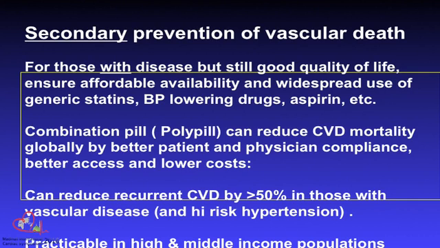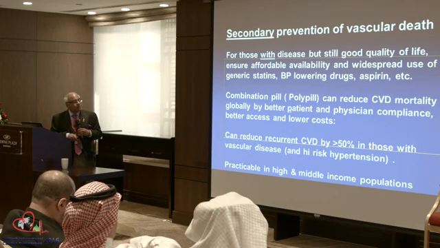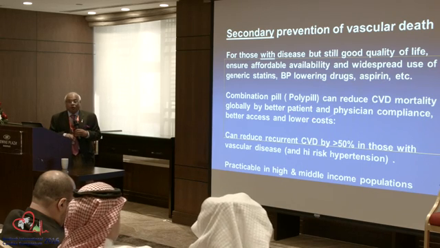Now, as I told you in secondary prevention, for those with disease and still good quality of life, using 4 simple treatments: generic statins, blood pressure lowering drugs, ACE inhibitors and beta blockers, and aspirin, reduce mortality by 75%. And the polypill is going to be a key thing in cardiovascular disease prevention globally. And Saleh was there at the meeting with the WHO, and the WHO strongly endorsed the polypill becoming one of the most important things for secondary prevention, because it will lead to better patient compliance, only 1 pill instead of